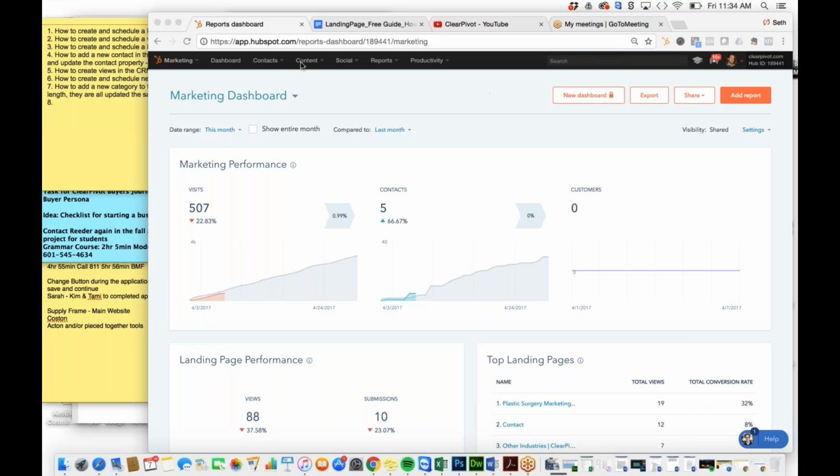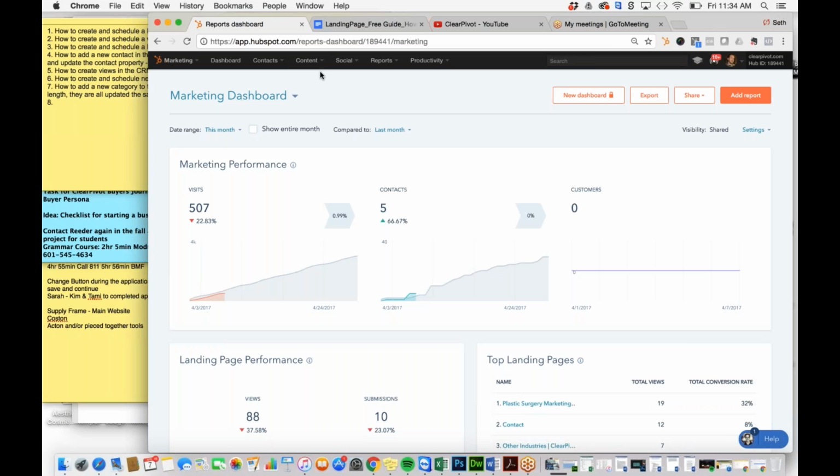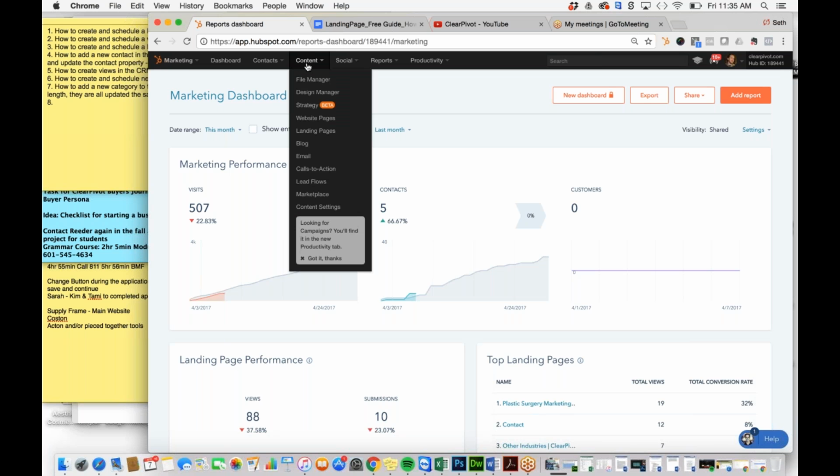Alright guys, today we wanted to walk through how to create a landing page in HubSpot. So you've logged into your HubSpot portal and you're looking here at the dashboards and you're ready to create a landing page. You're ready to start converting people onto your site. So you want to navigate up here to the content dropdown, click on it, and then scroll down to landing